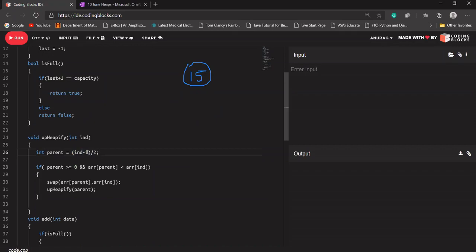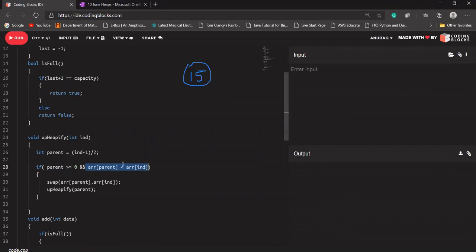So in this case, 0 minus 1 is minus 1, divided by 2 is minus 0.5, and it will be 0 or minus 1. It should be greater than or equal to 0.